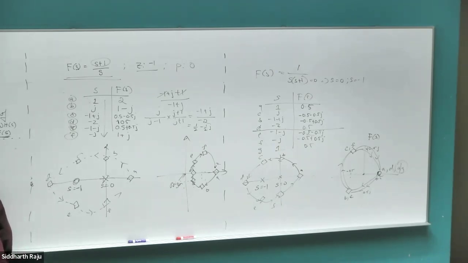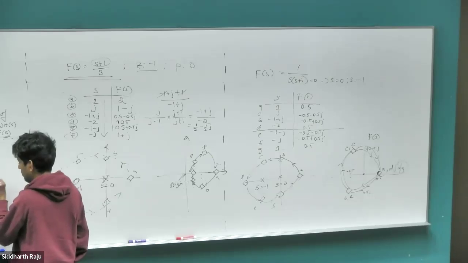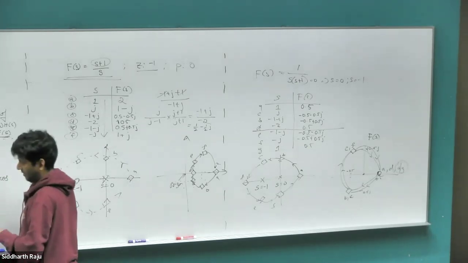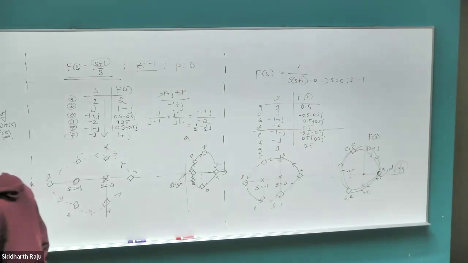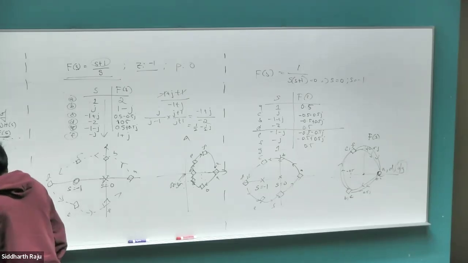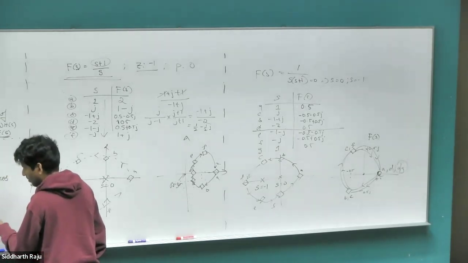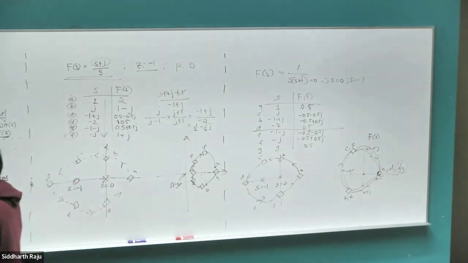And if we enclose all these poles and zeros in the anti-clockwise direction, right, counterclockwise direction, then we can expect in the f of S-plane we will encircle the origin in the counterclockwise direction again by the number given by Z minus P. So if I had